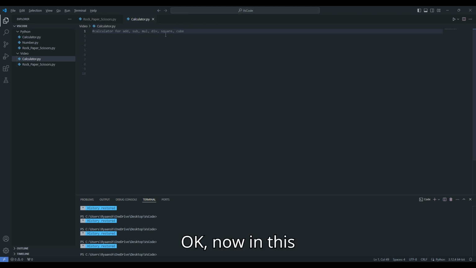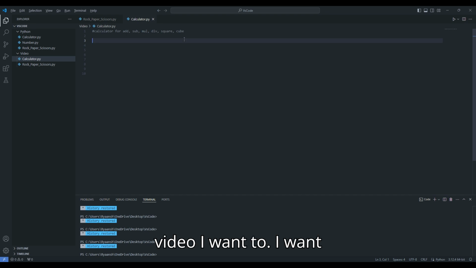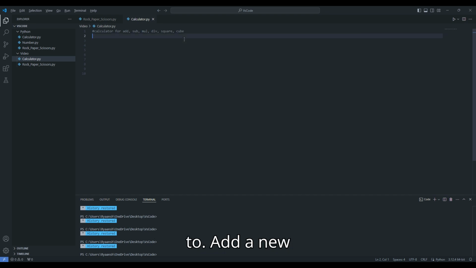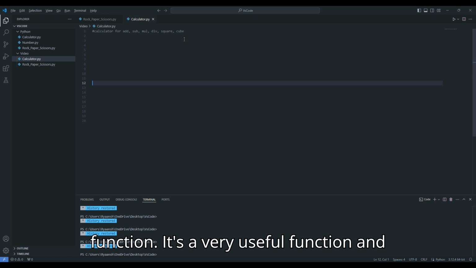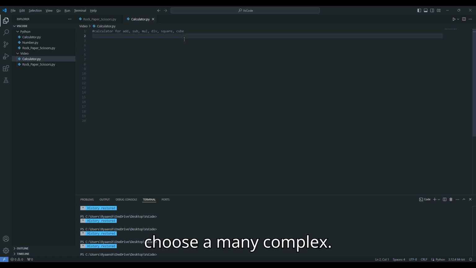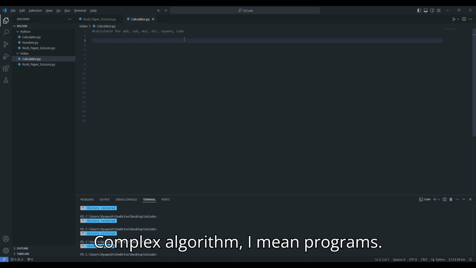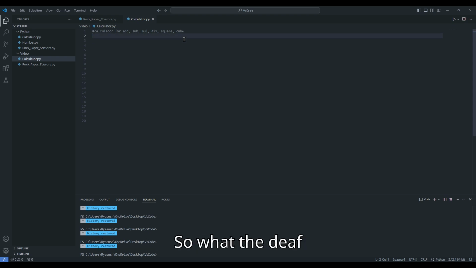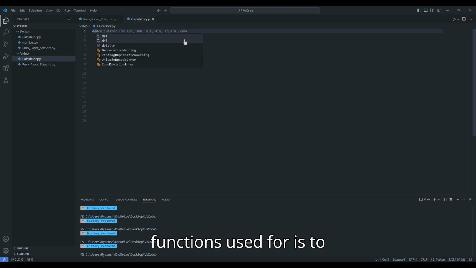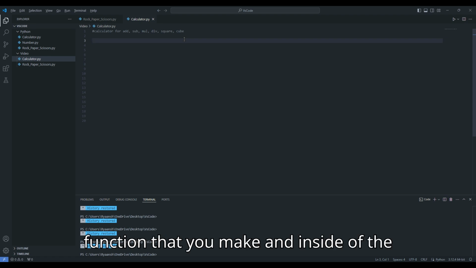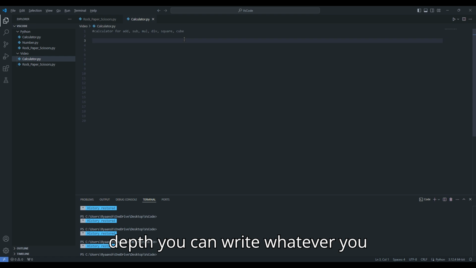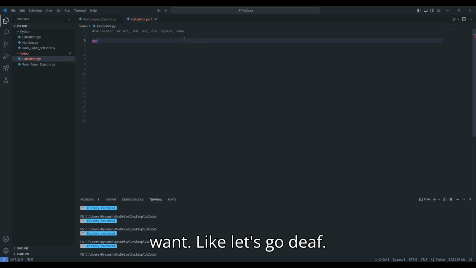Okay, now in this video, I want to add a new function. It's called the def function. It's a very useful function and it's used in many complex algorithms. I mean programs. So what the def function is used for is to define a custom function that you make, and inside of the def you can write whatever you want. Like let's go def yay